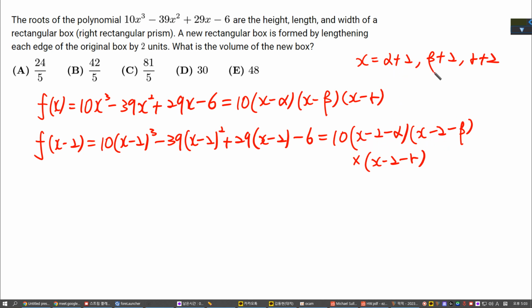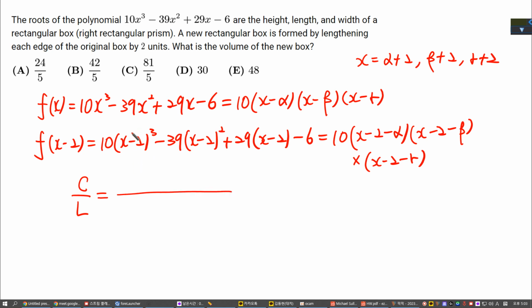For the second parenthesis, it will have beta plus 2. And for the third parenthesis, it will have gamma plus 2. And then to find the volume of the new box, the volume of the new box is determined by the value of the constant divided by the leading coefficient. So for this changed equation, the constant value is